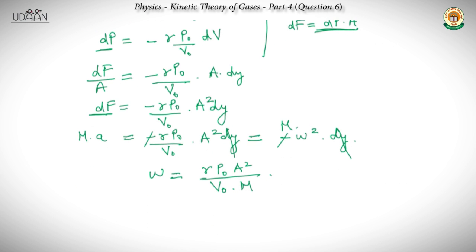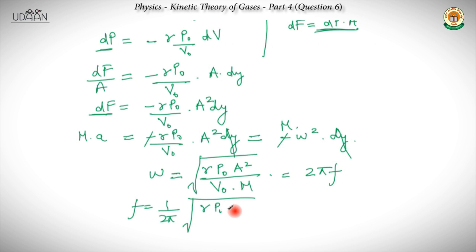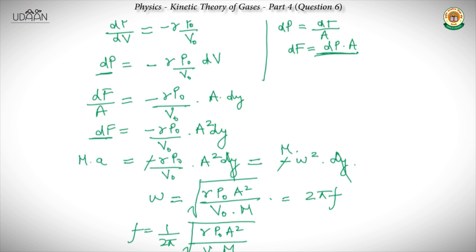And the root of that, omega square, so omega would be the root of that. This is equal to 2 pi f. We were asked the frequency, right? So frequency would be 1 by 2 pi root of gamma P naught A square by V naught m. Right. So guys, we found the frequency of the simple harmonic motion as asked in the question,